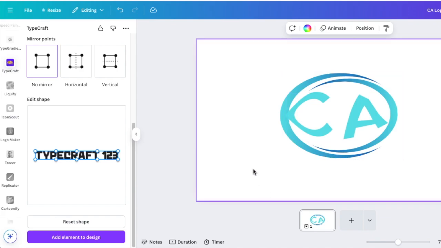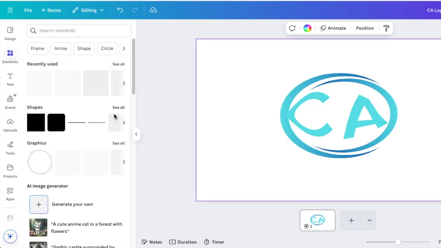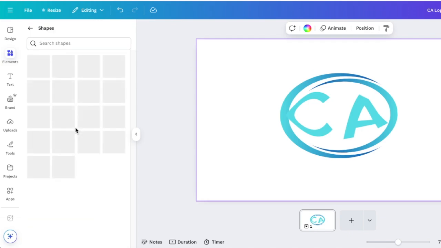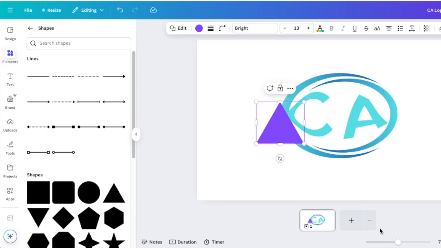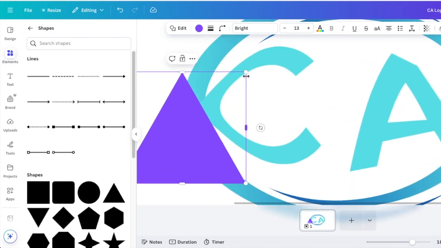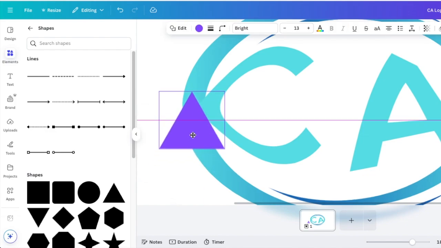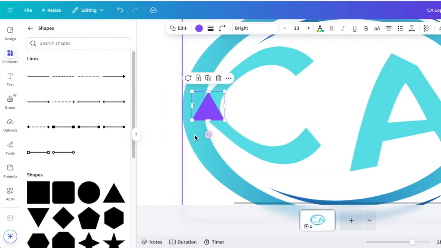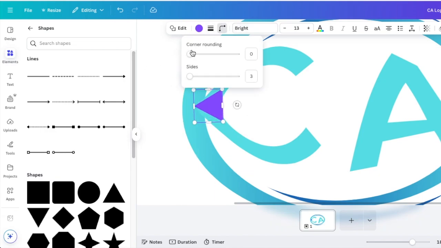That little portion we need to fix. I don't like it, so we're going to press our shapes. We're going to go back to elements and we're going to look for the triangle, and then we're going to use the triangle to create a gap over there. So we're going to zoom in and then reduce our triangle, and then move it over to the design itself, rotate it so that we can make it with corners that are rounded,